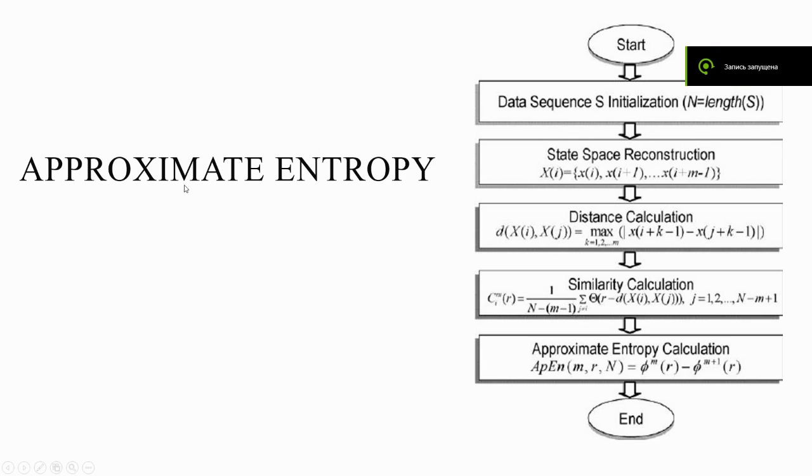So the idea of approximate entropy is that we take some time series of length n, and then we compute the corresponding time delay series. For this time delay series, we have some patterns, for example x of i and x of j, and we calculate the distance between them. Then, according to the procedure, we find some radius, and we find the probability of finding such patterns, x of i and x of j,